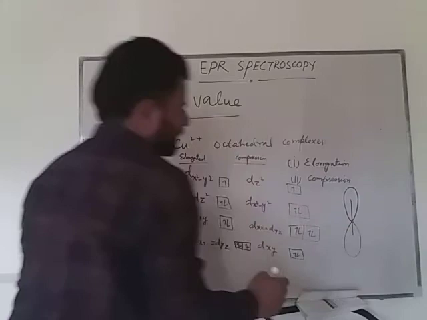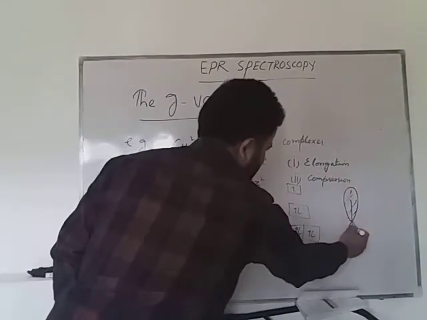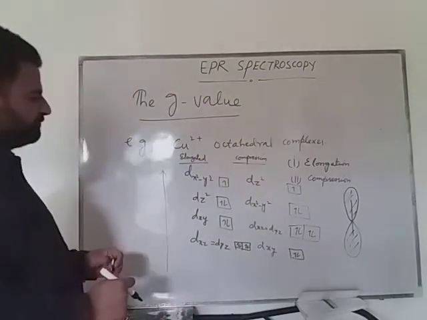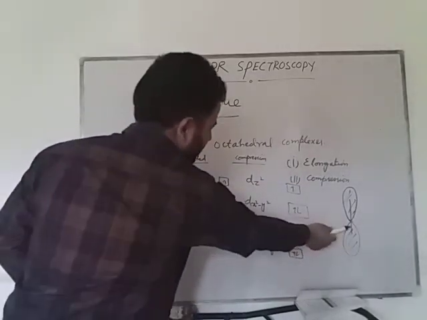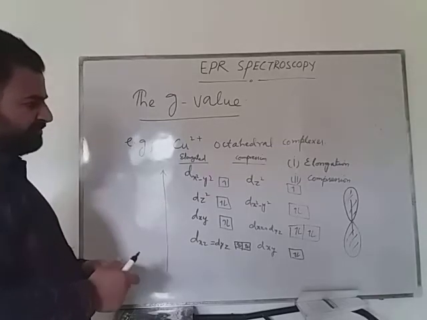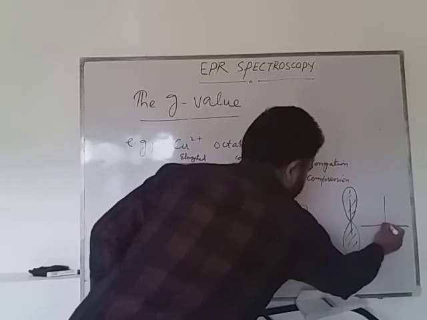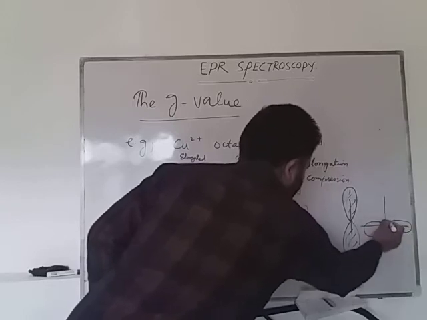That means the whole z orbital is concentrated in the z direction. So if the electron density is more in this, the g value along the z direction will increase, while in case of dx square minus y square,